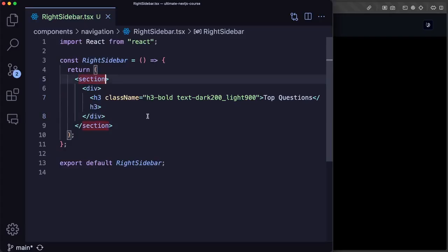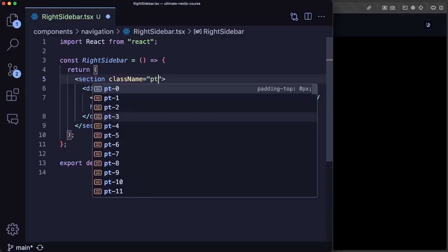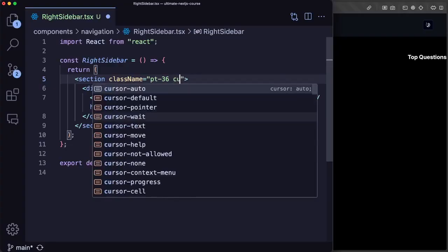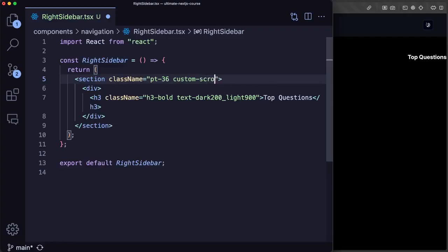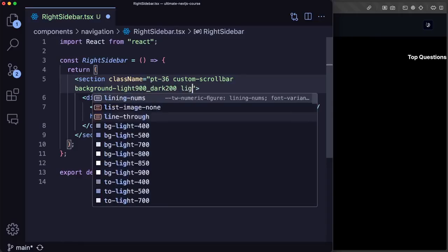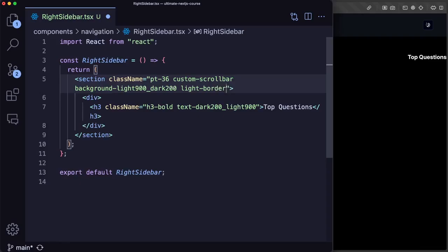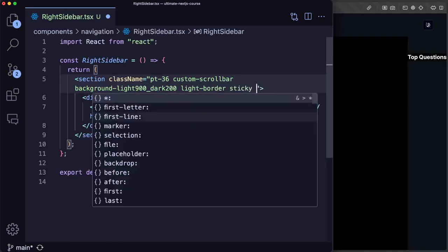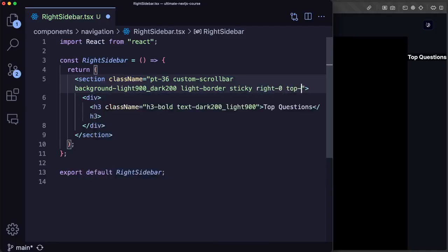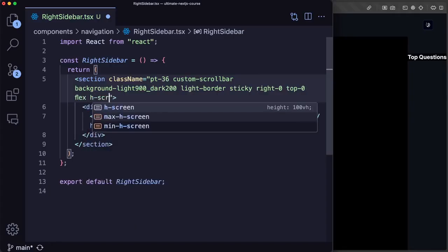So let's style the section so we can actually see it by giving it a padding top of 36, and you can see now it dropped down. Let's also give it a custom scroll bar so we don't show that ugly scroll bar. We can give it a background-light900_dark200, a light-border property, sticky, specifically positioning it to the right side 0 and top side 0, flex, h-screen, so it takes the full height of the screen,